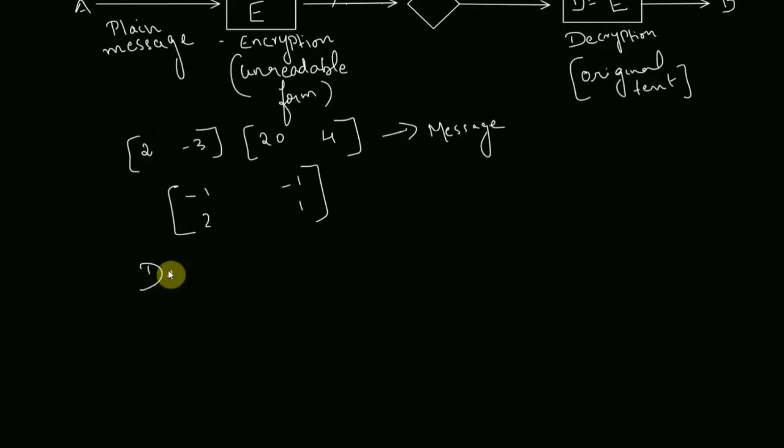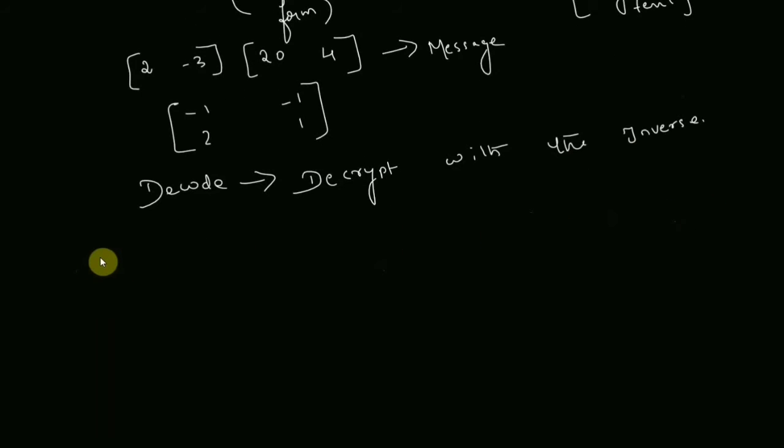Now the person B has to receive the message, right? So what he should do is he has to decode the message. The receiver will decode the message by the reverse key, that is post multiplying by the inverse of the matrix given by the person A. So the receiver will decode the message with the inverse of the given encoded matrix. So how he is doing that, let us see.